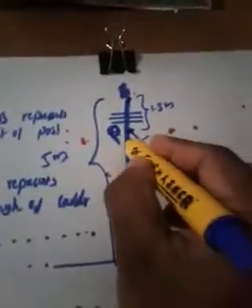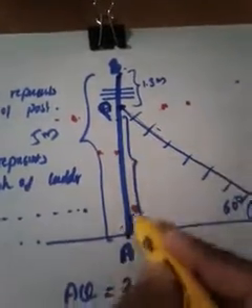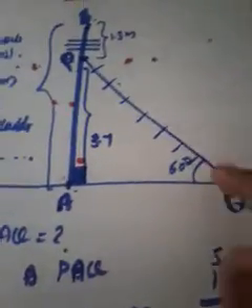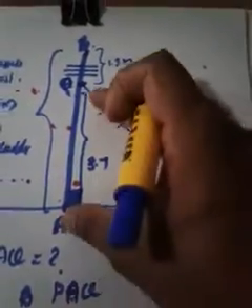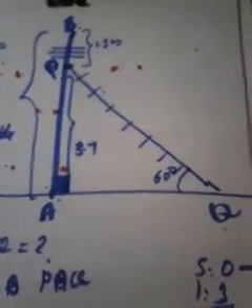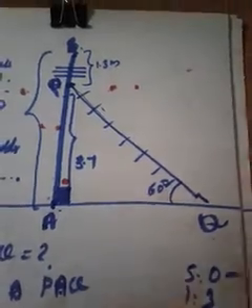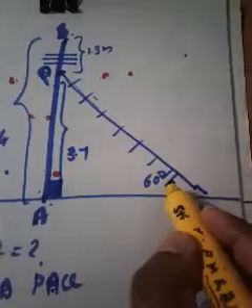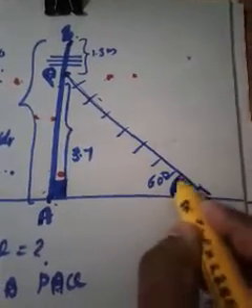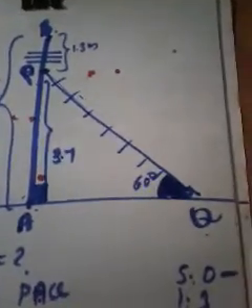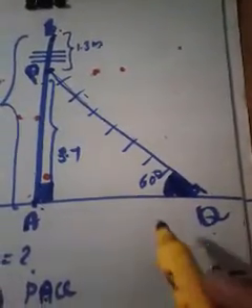So just write that here. PA is nothing but 3.7. Now you just consider this right triangle. Now we can easily find the remaining two sides. If one side is there in a right triangle, then we can easily use trigonometric ratios and calculate the remaining sides. So we need PQ and we need AQ. Think about this angle, because this is the only angle given in this question. Focus on that angle, 60 degrees.